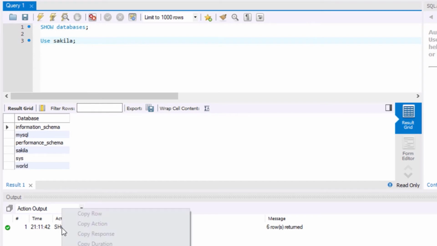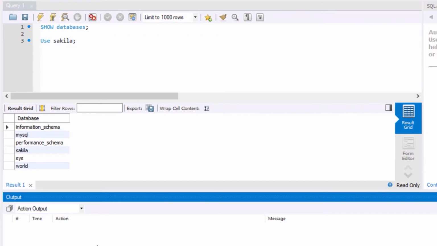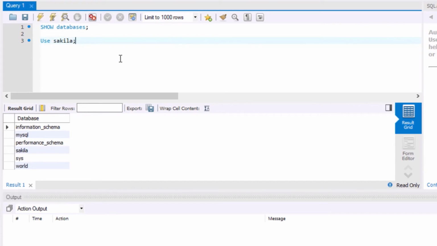Okay, and now we are going to go ahead and clear the action output window. The way to do that is you just right click on the output, any of the outputs if there are multiple outputs, and just click clear. So now the action output window got cleared. Now we are going to execute the entire worksheet in a single go. So just click this lightning symbol. It means execute or run.